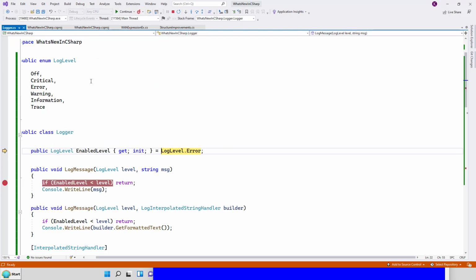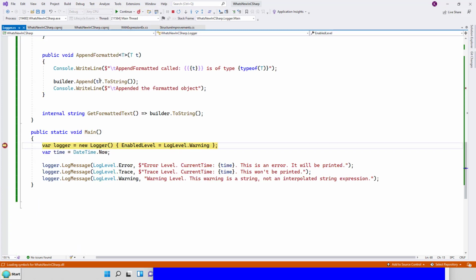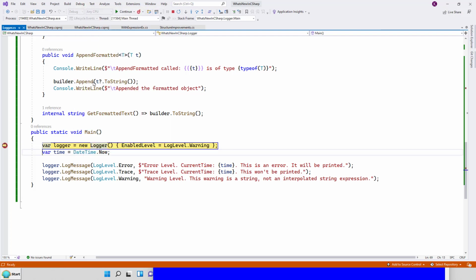it has gone to get the log level, which is error, and then again if you press F11, it will come back here, and then again F11, the way you do the usual debugging. Step F11, now it has moved to the next line of code in the main method, so it has already got this logger object.